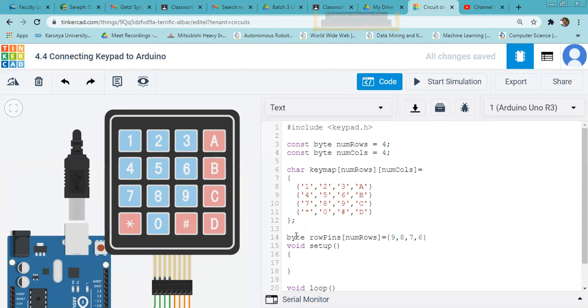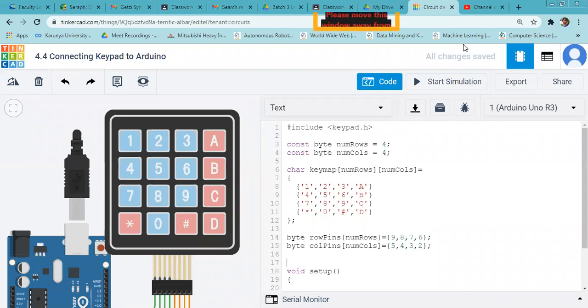The rows are connected to those pins. Similarly, byte column pins. So now the initialization part is done.